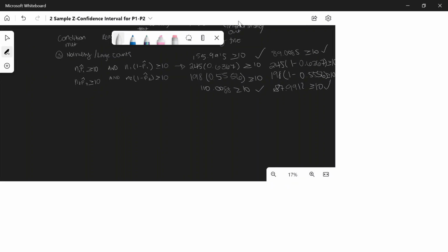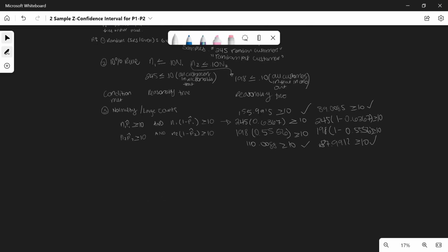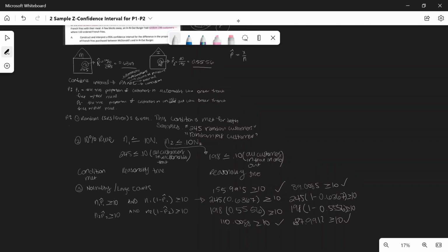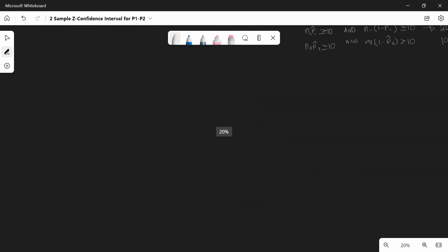So perfect. All the conditions are met. It's random, the 10% rule is good for both samples, and normality or large counts is good for both samples too. So now that we have that,